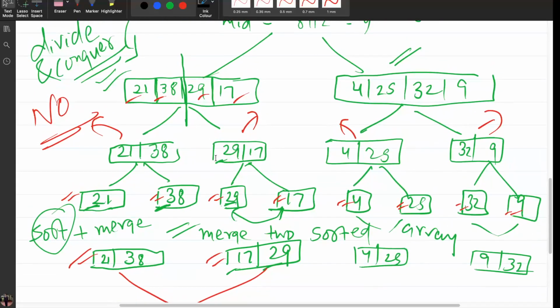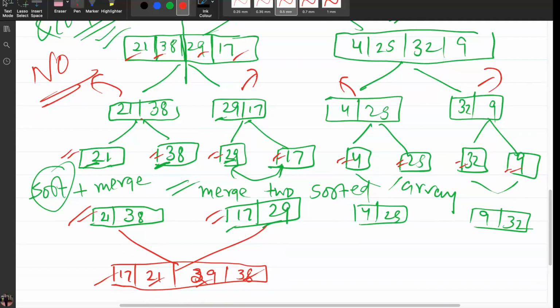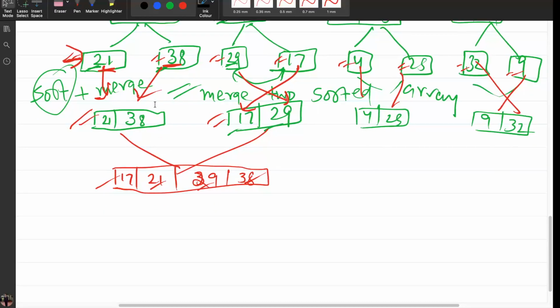So we did divide first, and we reached the point where we have only a single element, which is already sorted, because an array having a single element is already sorted, which you can see here. Now when we merge, so that the ascending order or lower value will come first, 21 and then 38. In this case 17 will come first and then 29. In this case 4, 25 and then 9, 32. Then similarly, when we merge this,